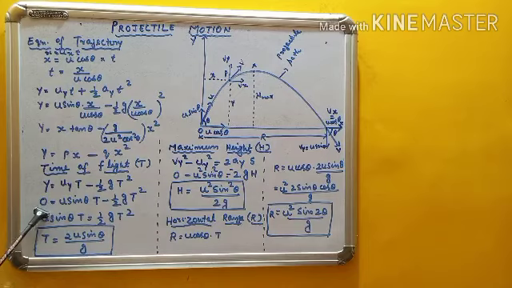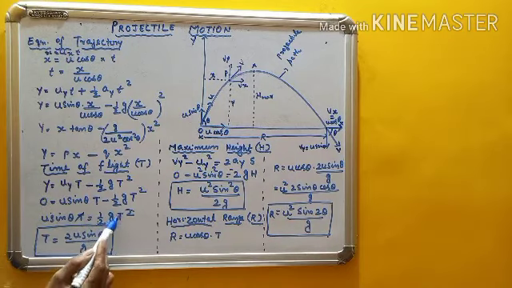And this term I have taken to the left side. Then you solve, one t is getting cancelled. So capital T is equal to 2u sin theta divided by g. Here one t is getting cancelled, then cross multiply. So 2u sin theta equal to gT, or T is equal to 2u sin theta divided by g. So we got the expression for the time of flight, children.